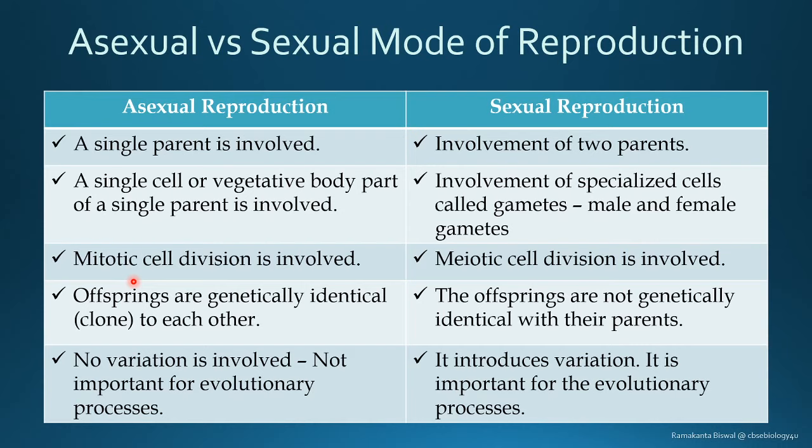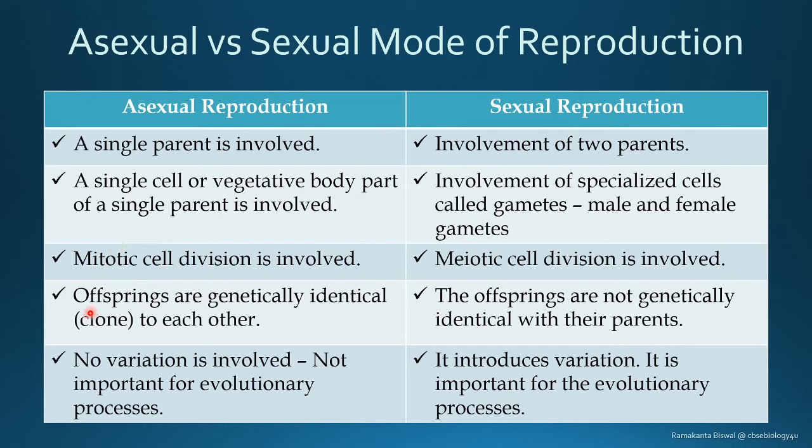If you do not, please read it up. You should know the basics, at least what happens in each. So in mitosis, equational cell division, there is no reduction in the number of chromosomes, whereas in meiotic cell division there is a reduction in the chromosome number. As a result, the gametes are going to be haploid in nature and the regular cells, the somatic cells, are going to be diploid in nature. That we have to keep in mind.